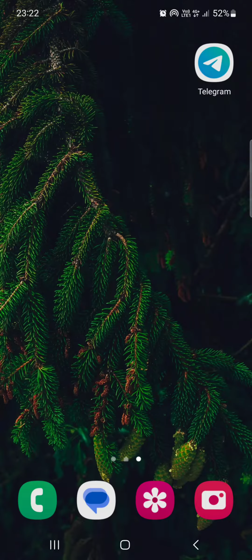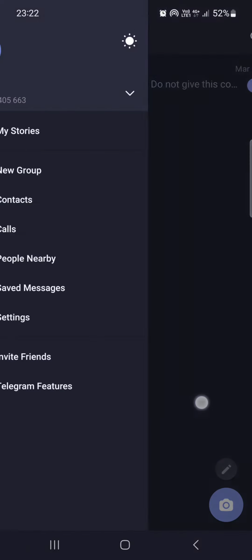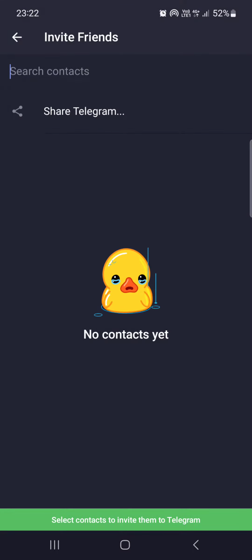First we have to open up the Telegram app. Here it opens up in the chats, where we have our conversations. From here we just swipe to the right. And here at the bottom we find invite friends. If we tap on this, then we can search our contacts list to find people that we want to invite,